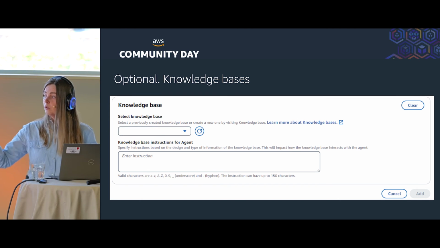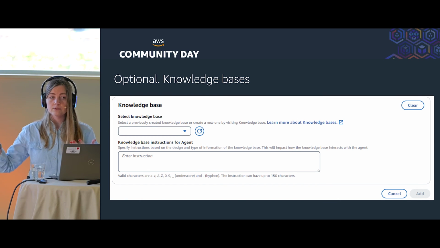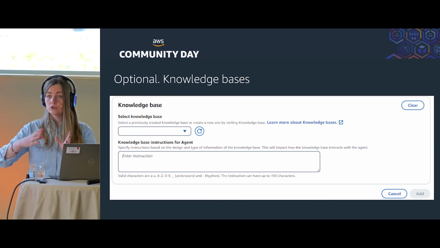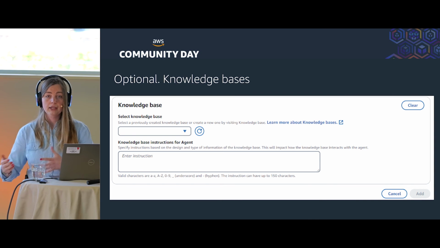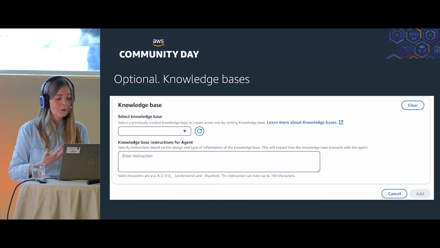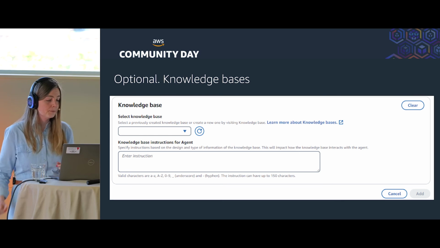If you remember, when I showed you this Well-Architected powered agent, they created a knowledge base based on the Well-Architected Framework, and then the agent was able to go there, check some Well-Architected patterns, and go back to the user.